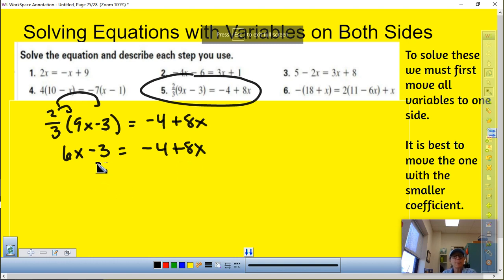I need to move all the variables to one side. Let's move the smaller one. The reason I want to use the smaller one is because the chances that I'll be left with a negative variable are greater if I move the larger of the two. And if I can avoid a negative, I'm going to. So here, I'm going to move 6x over here. If I moved 8x, I'd end up with negative 8x on the left. When I combine those two, I'd end up with a negative 2. However, by moving 6x,